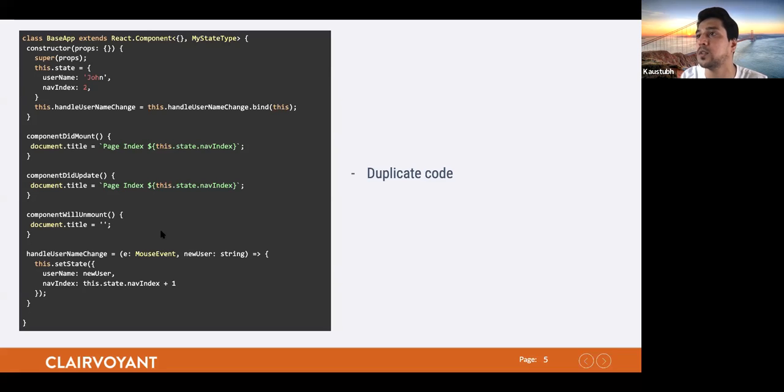But the problem you see over here, which the React people analyzed, is that we are repeating the code. If you see, I'm trying to set a document title inside the mount method. Similarly, when the component updates, I want that title to get changed. So that's why I'm repeating my code in an extra lifecycle hook, componentDidUpdate. And again, when the cleanup is done where the component unmounts, I'm just setting it to blank. So this is a duplication problem we see over here.